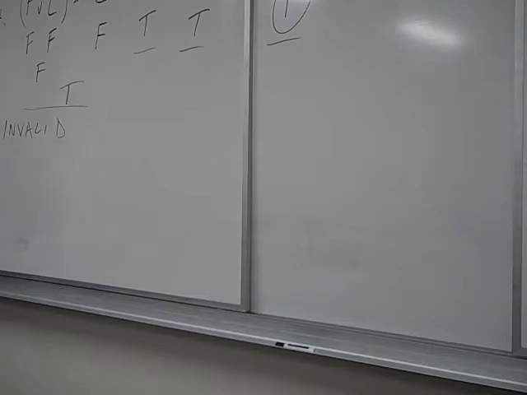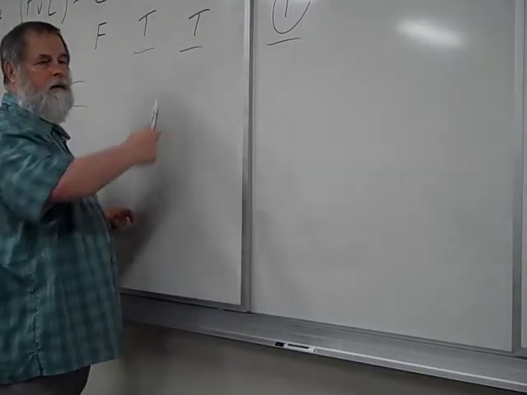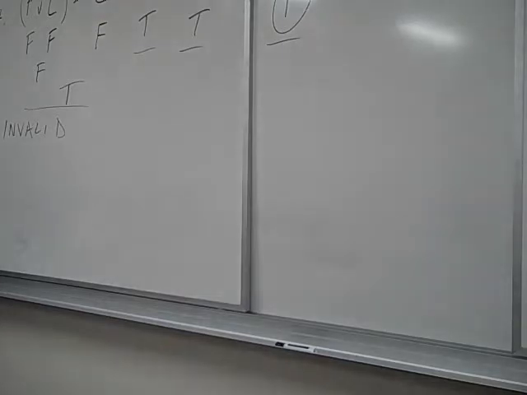Remember, I would have TTT, TTF, TFF, et cetera, right? So I'd have all these possibilities. Since there's three of them, 2 to the 3 would be 8, right? I should have 8 lines here. But one of those lines, in fact the bottom line, the way I set up the table, would be FFF, right? And if I had that situation with FFF and went across, I would end up with a false conclusion, but